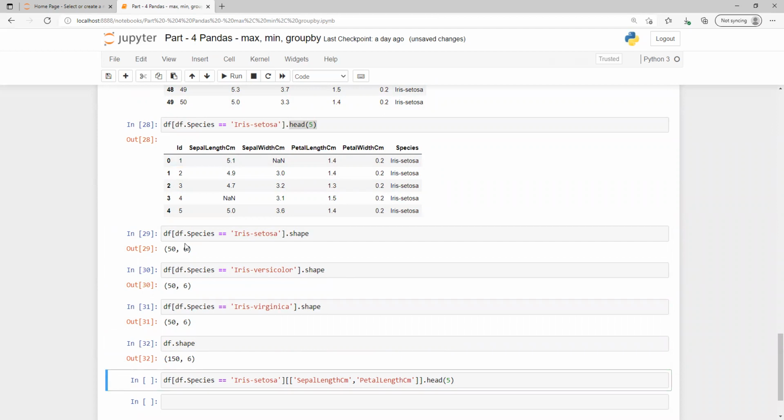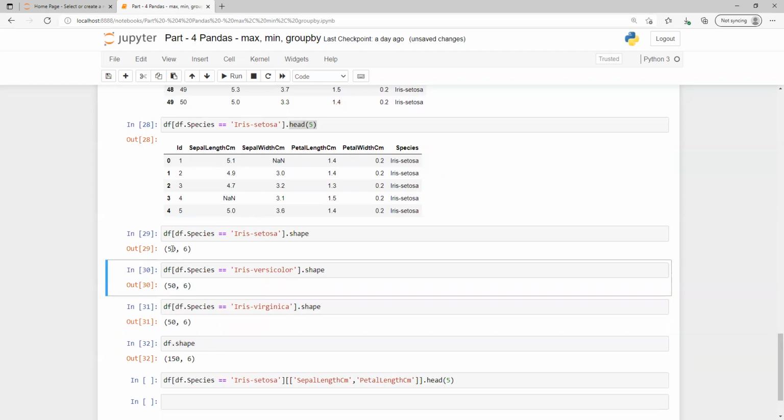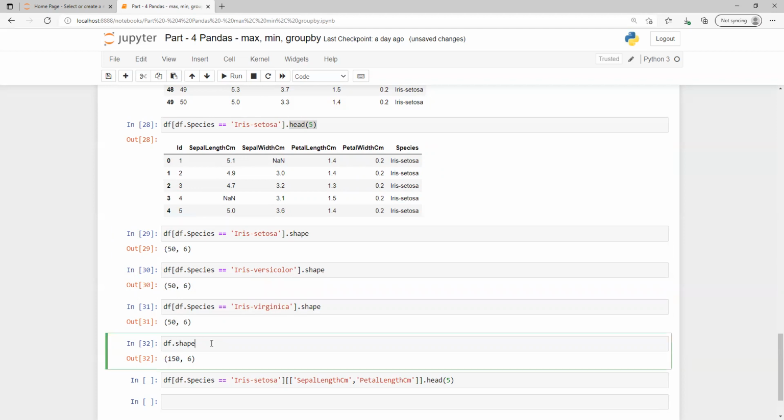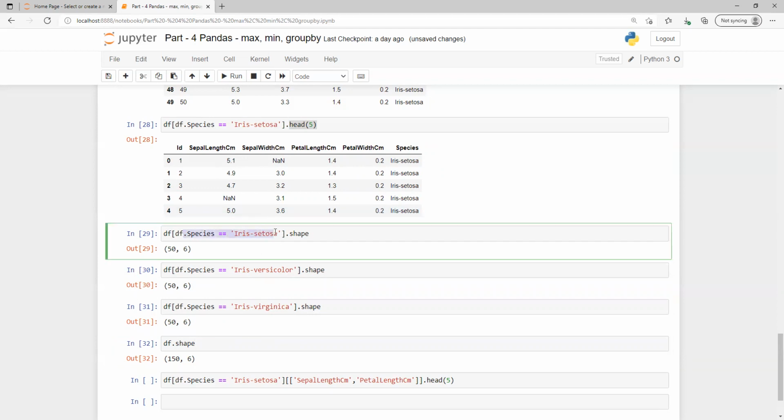Now we need to check whether all three are correct or not. If we see the total shape of the data frame, we have 150, and for each of the three values, everyone has 50 and 50, so total 150. In this way we can cross verify at the starting phase that whatever I am selecting is correct. We got to know that if we pass that value, it's going to give us the right output, not anything wrong.